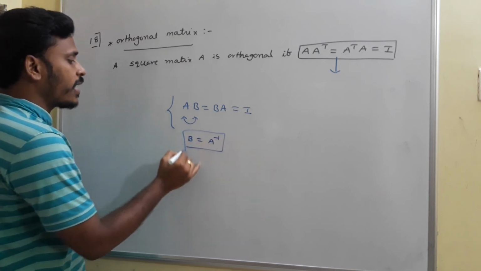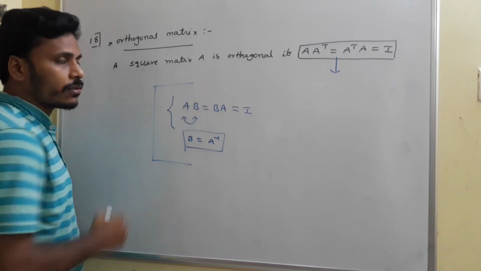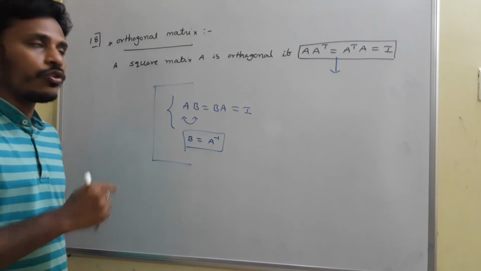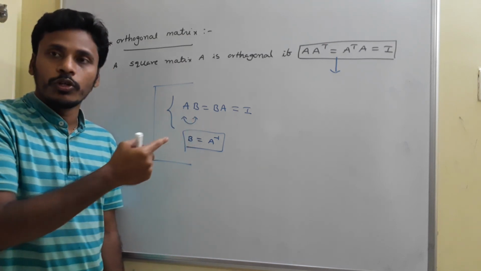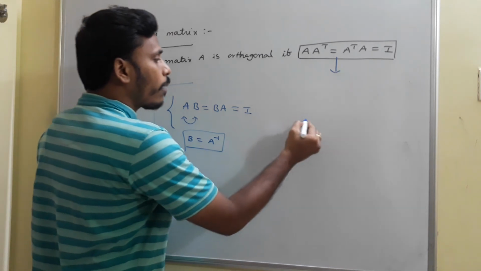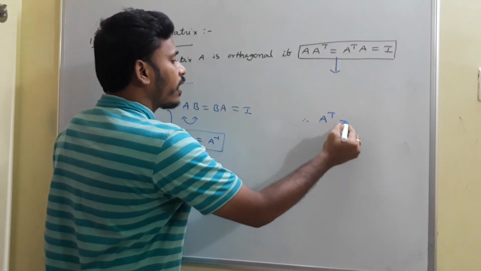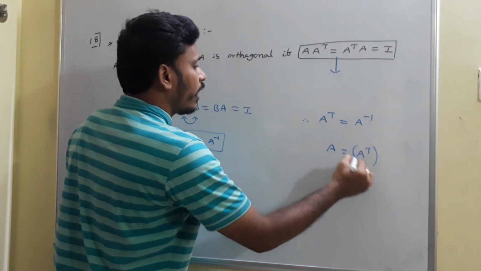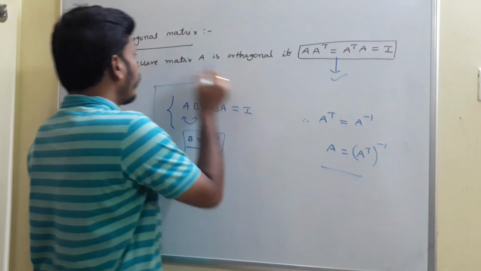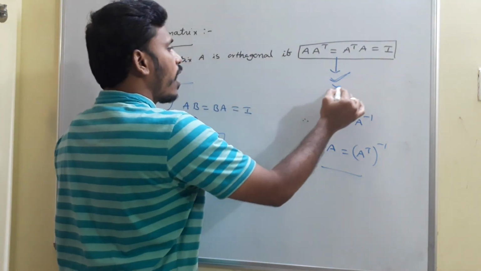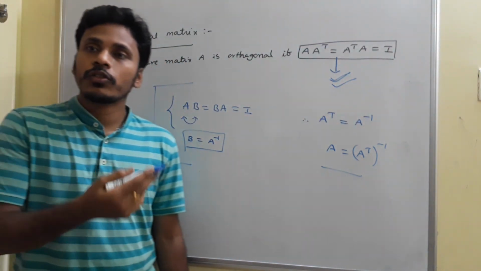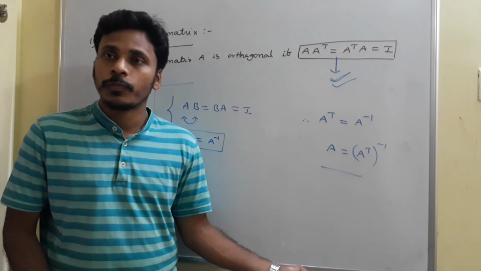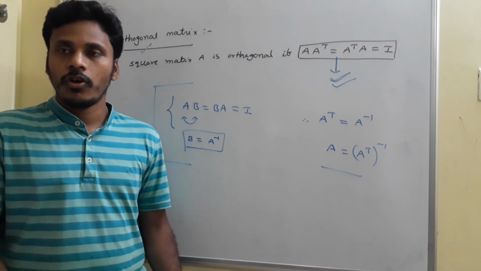It is just a notation, as I mentioned in the properties of matrices. If you combine these two, A into A transpose is equal to A transpose into A is equal to I, it looks just like AB is equal to BA is equal to I. Therefore it is very clear that A transpose is the inverse of A, whereas A is the inverse of A transpose. So if A is orthogonal, you have this property, and with this property it is very clear that the inverse of A is simply its transpose, as well as the inverse of its transpose is again simply the matrix itself. Okay, just have a look.